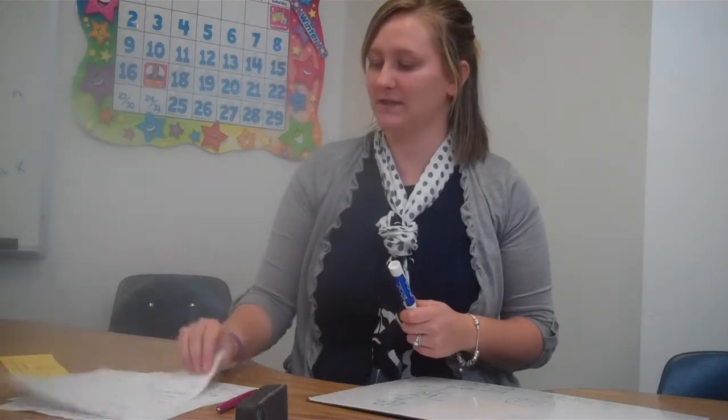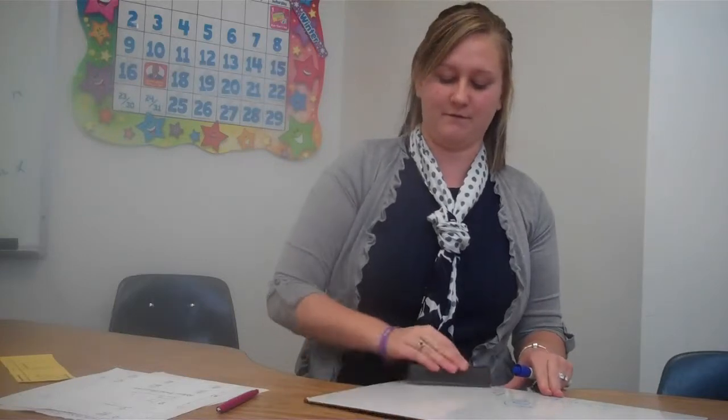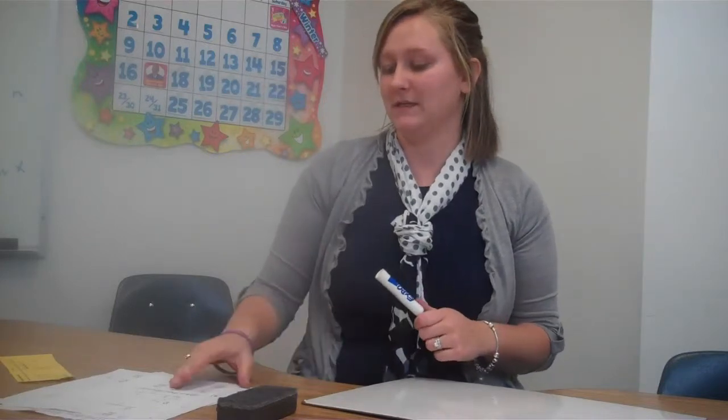I'd like you to do the rest of those adding and subtracting of fractions on your own. Remember, if there's a whole number, that whole number stays the same. Like on number 8, if you look, it says 7 minus 2. So you would just do 7 minus 2 is 5. So that's going to be your whole number, and then you work on the fractions to make their denominators